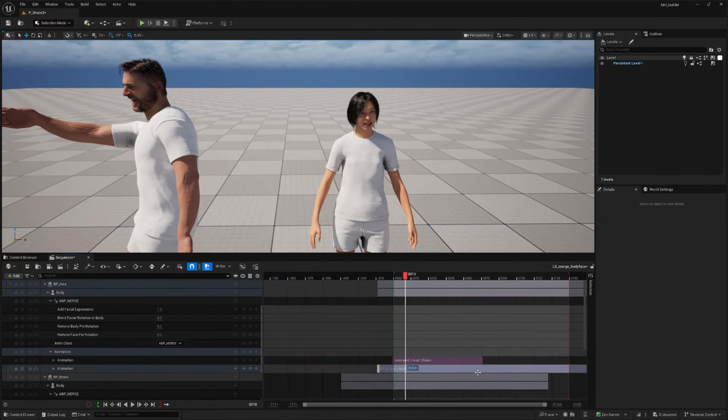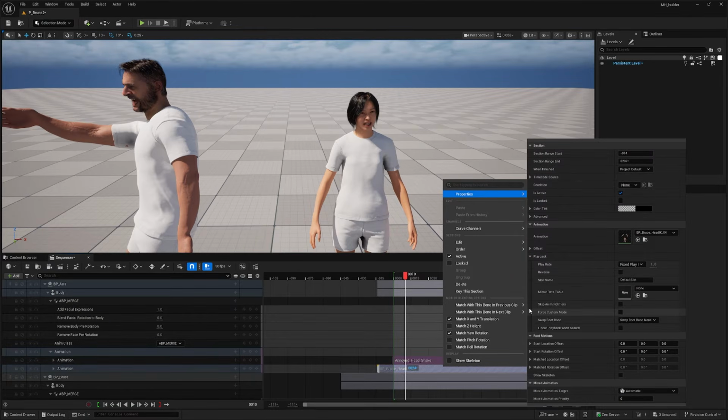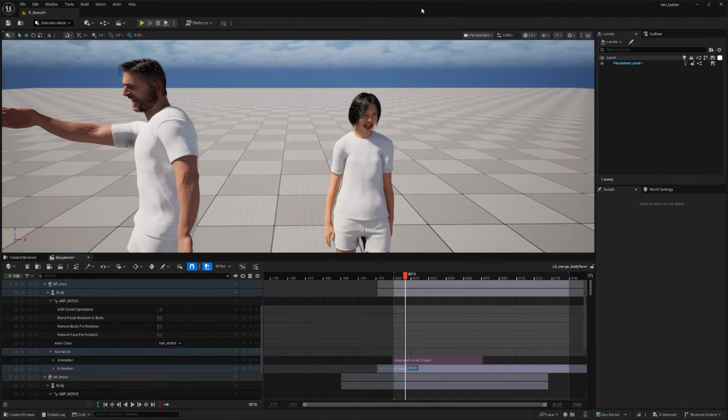But the way this works is I have to add a slot name here. So in the properties for playback, right now everything defaults to default slot, and I'm going to call this face. And if you are familiar with split body animation in video games, you will have seen these before. But if you're not, I need to show you something that you want to know. So now here you see this as I slide, the facial animation is coming across because I haven't blended it. If I blend the